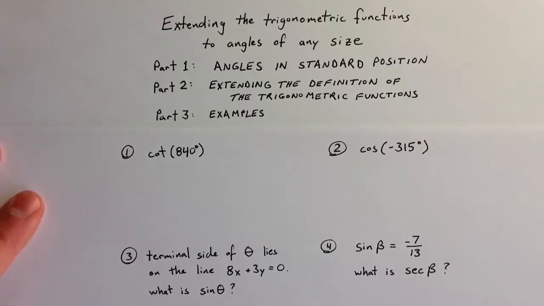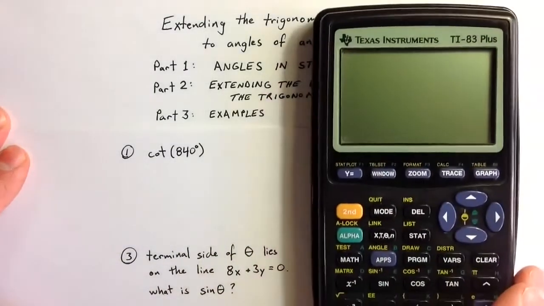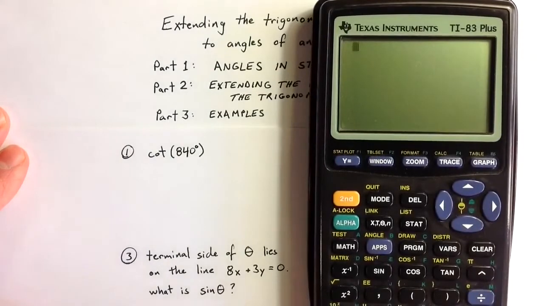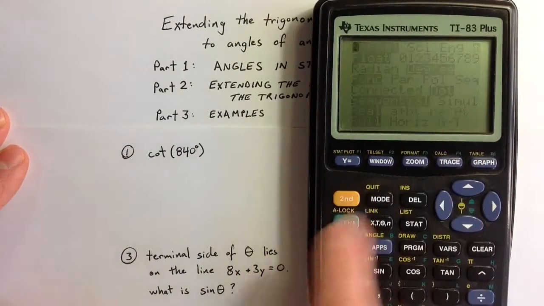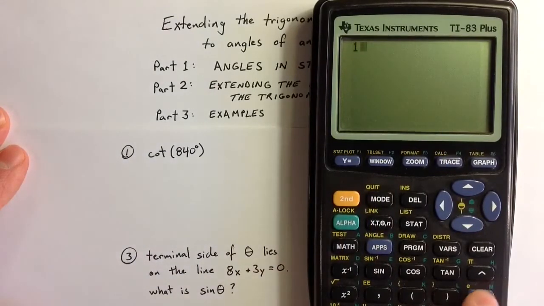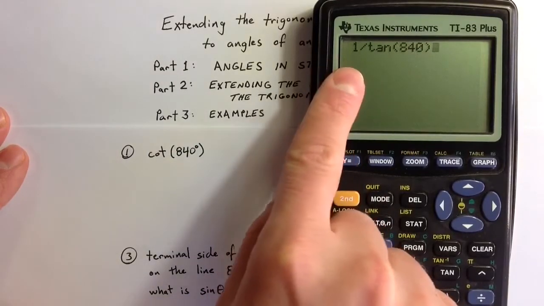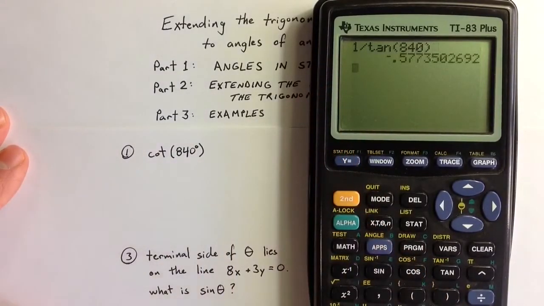Let's take a look at some examples of finding exact trigonometric function values. A calculator can be used to find approximate trigonometric function values. So for example, we can find cotangent of 840 degrees by, first let me make sure I'm in degree mode, which I am, and then cotangent is the reciprocal of tangent, so a TI 83 or 84 will allow us to calculate the tangent of 840 degrees, and placing that in the denominator under 1 will give us the cotangent